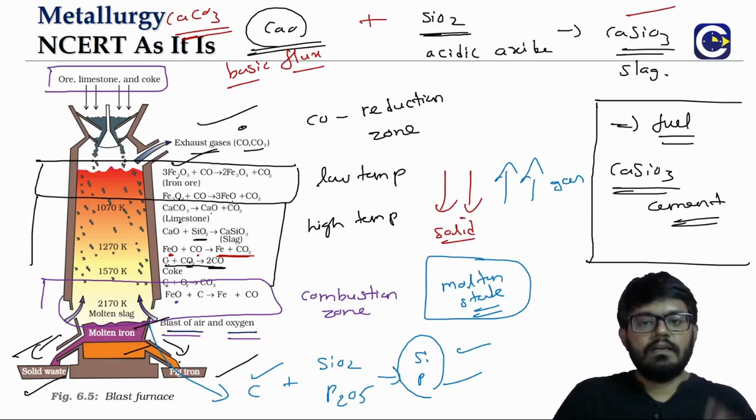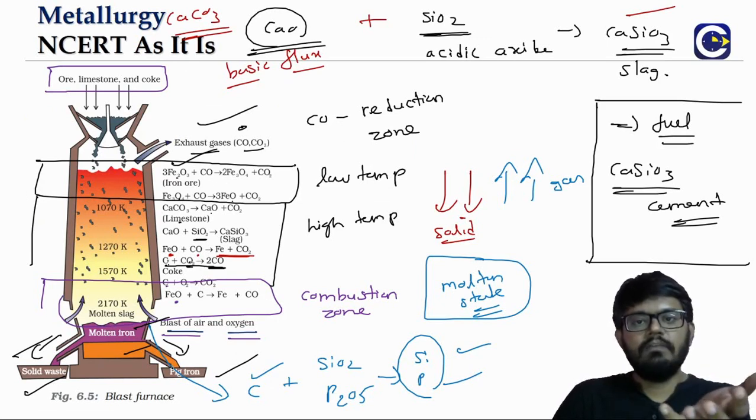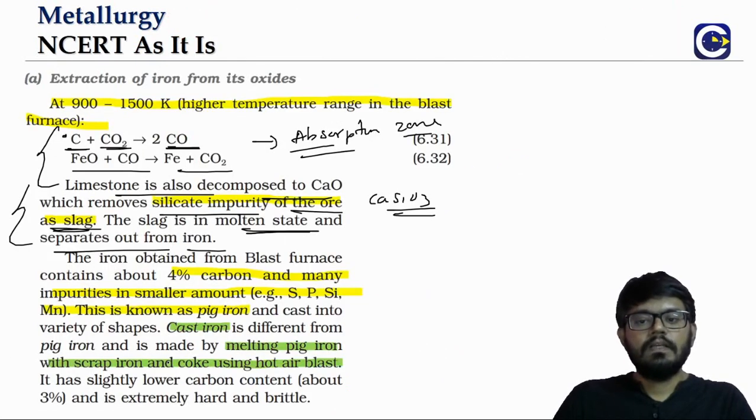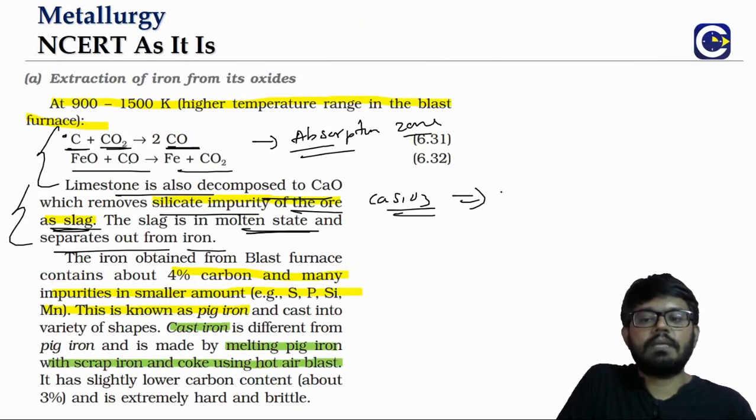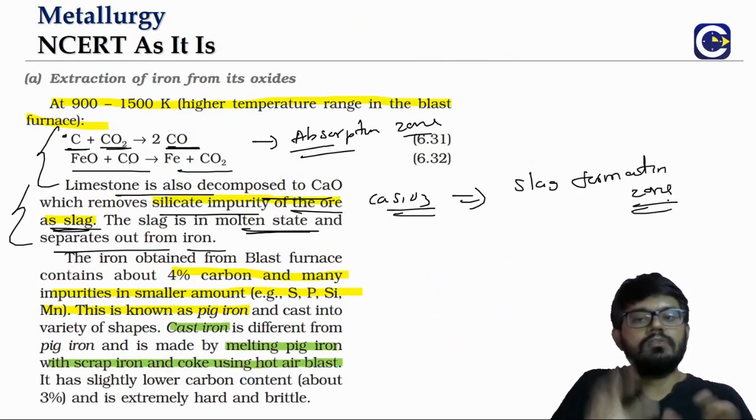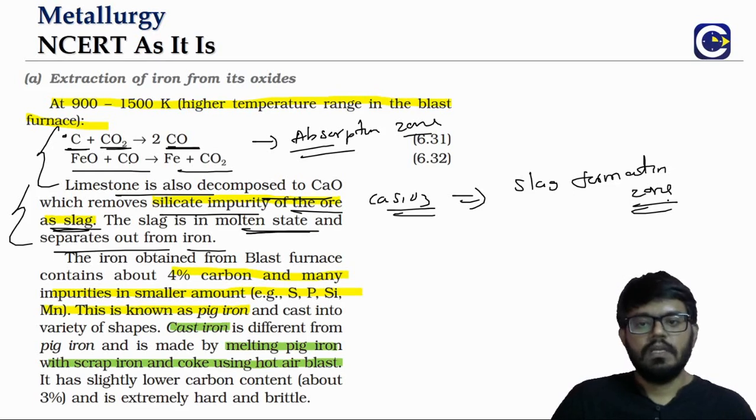And you can see here, just one quick observation. Where is the pig iron? Metal will be heavy, it will be formed at the bottom. Slag will be lighter, so it will be at the top. Okay, so sometimes these kind of questions also can be asked. Because this reaction is happening, sometimes we will refer to this zone also as the slag formation zone. And this is how you will see the nomenclature in some other textbooks. But the broad idea is what we need to be keeping.